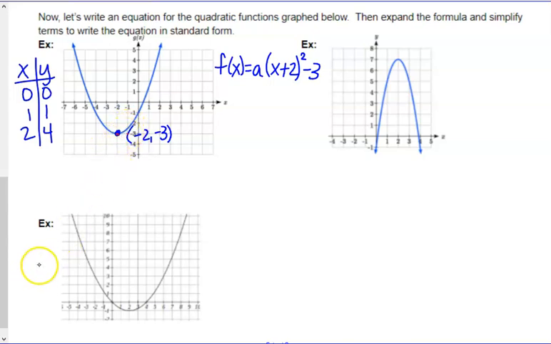Now, it looks like it's at a half. But do I really know that it is at a half? No, we're approximating. So if I go over 2 and up 2, over 2, and instead of going up 4, now I've actually gone up 2. That kind of gives me an indication that maybe it is half when I went over 1 and up 1,